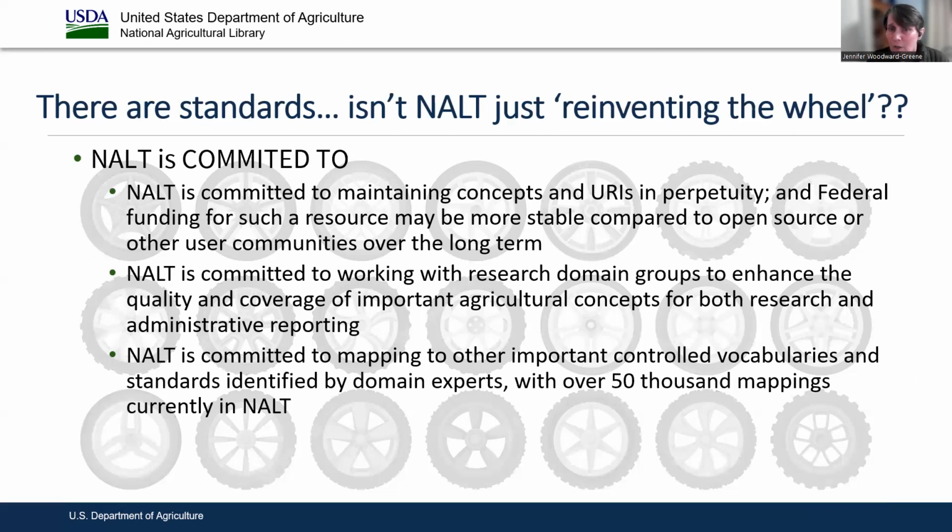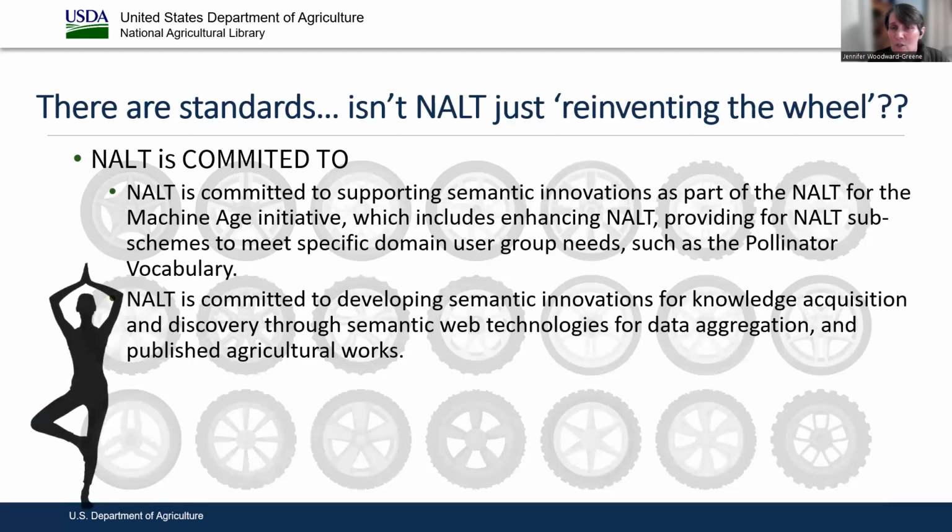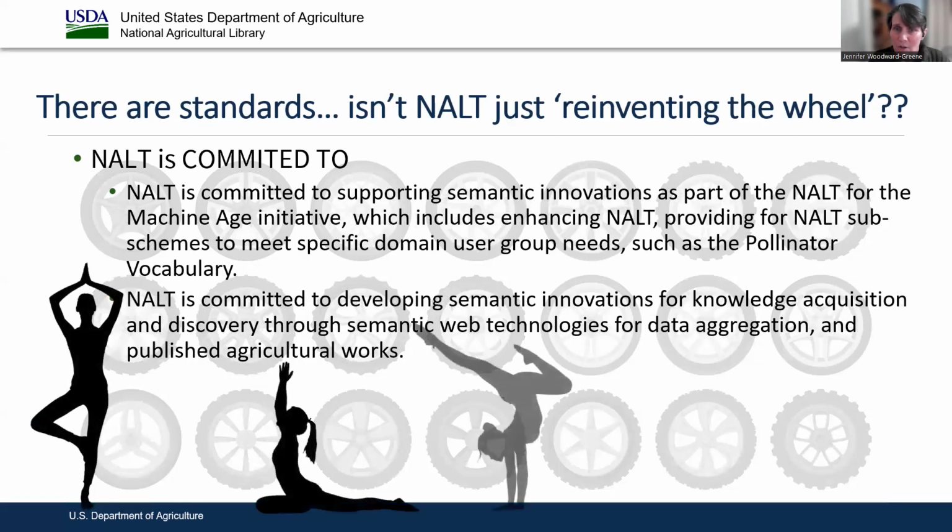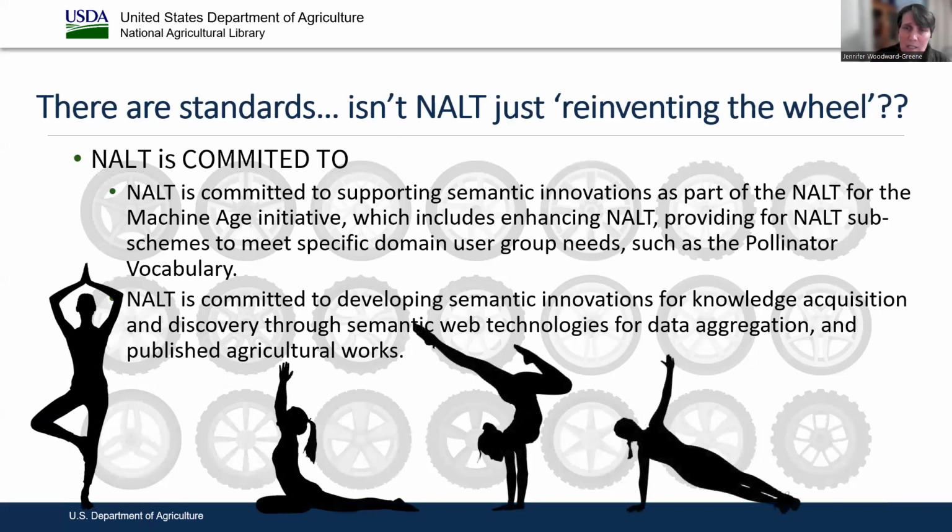NALT is committed to working with research domain groups to enhance the quality and coverage of important agricultural concepts for both research and administrative reporting. NALT is committed to mapping to other important controlled vocabularies and standards identified by domain experts, with over 50,000 mappings currently in NALT. NALT is committed to supporting semantic innovations as part of the NALT for the Machine Age Initiative, which includes enhancing NALT, providing for NALT subschemes to meet specific domain user group needs, such as the pollinator vocabulary. And NALT is committed to developing semantic innovations for knowledge acquisition and discovery through semantic web technologies for data aggregation and published